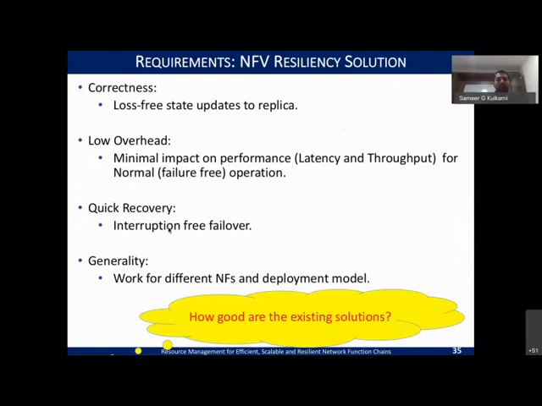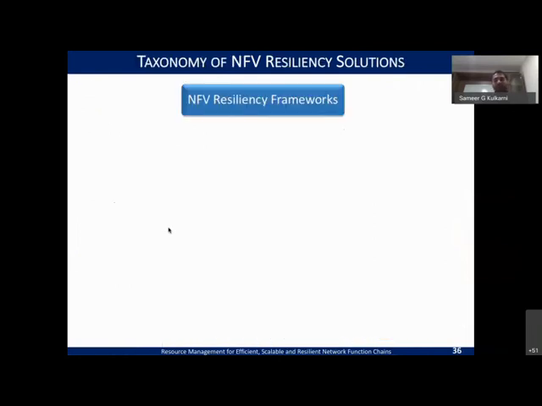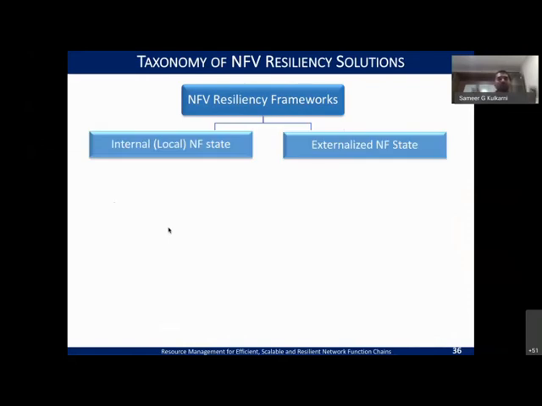So we'll again try to see how good the existing solutions are, because this research has been done for years. Several of the cloud-based solutions have also been plugged into the NFV cloud, and we want to see how these overall works fit. And we see that there are broadly two categories, where one tried to say that you have state that is maintained within the network function, just like when you run a different process, all the state that is carried over is tied with that process.